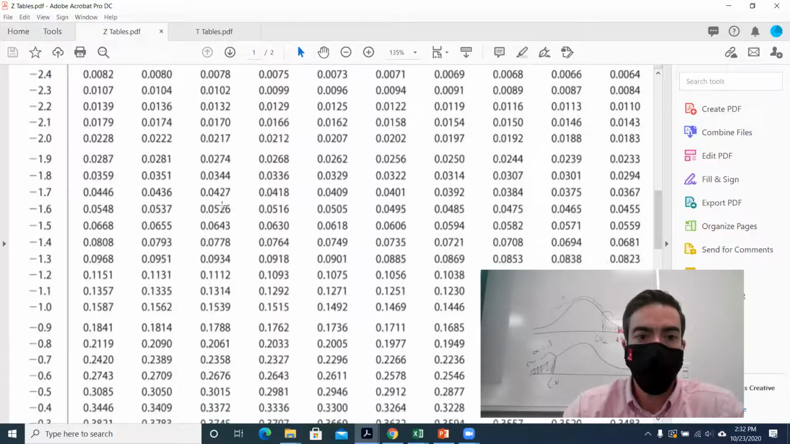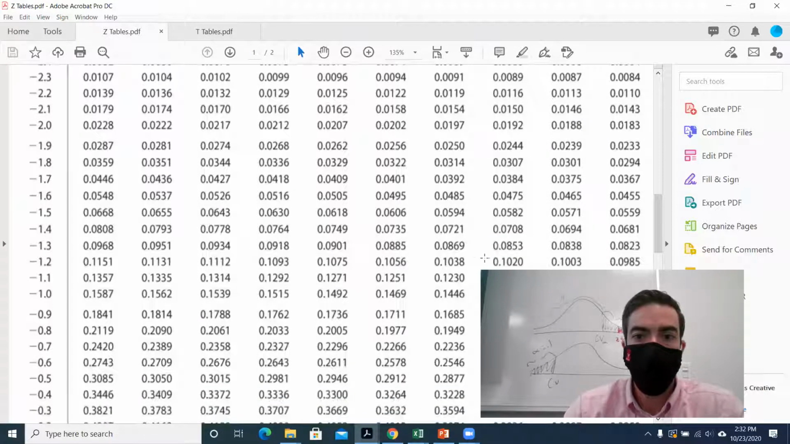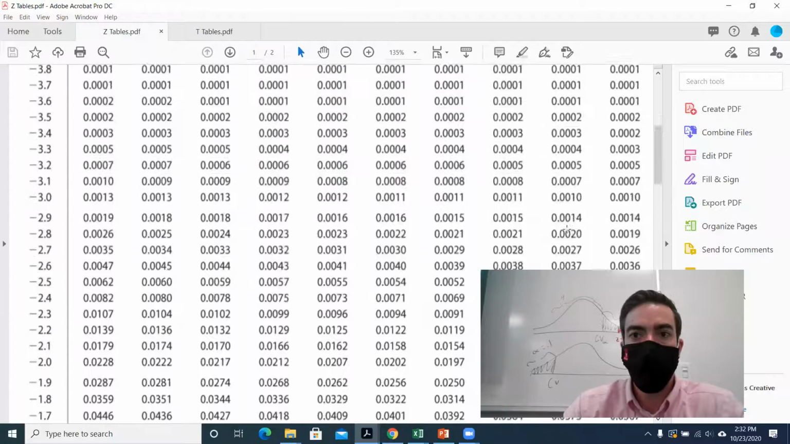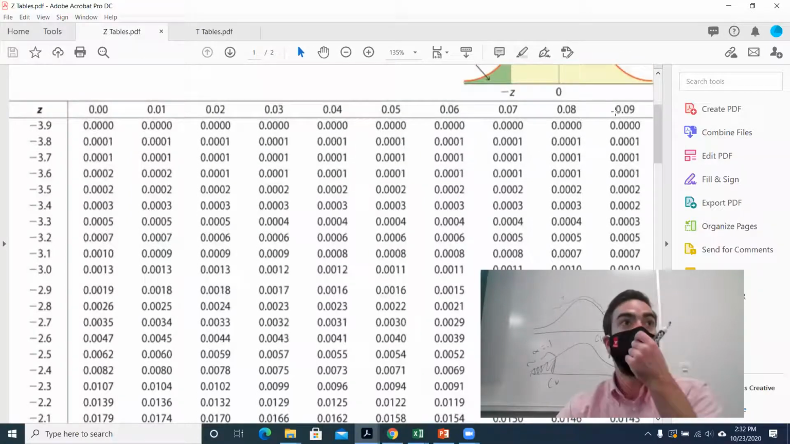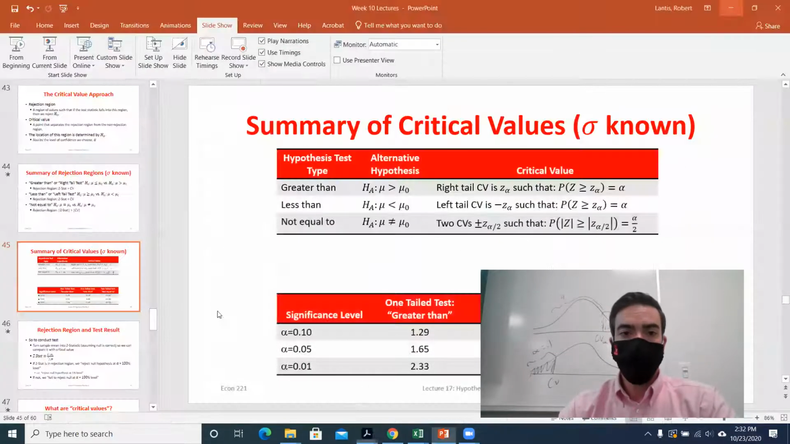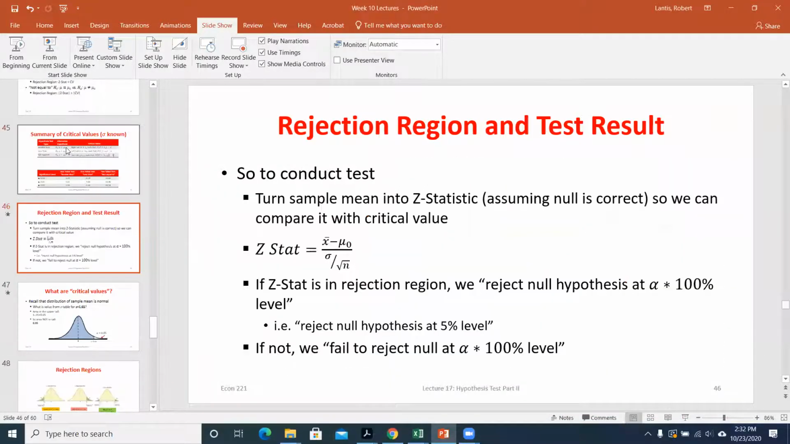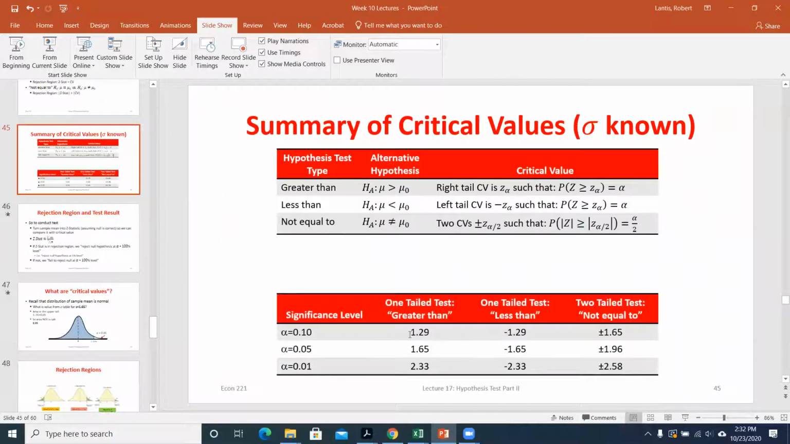No, that's 0.01. I want 0.1, right? So it looks like it's in between these two. So negative 1.28 and negative 1.29. Take the higher of the absolute value, so negative 1.29, right? So notice the critical values I find for the right-tailed test are the exact same as for the